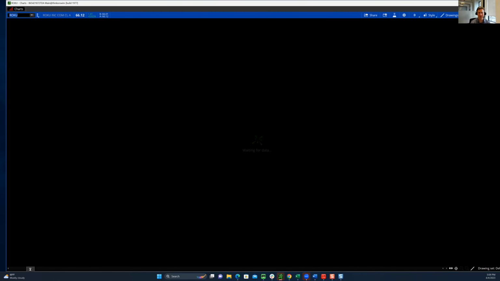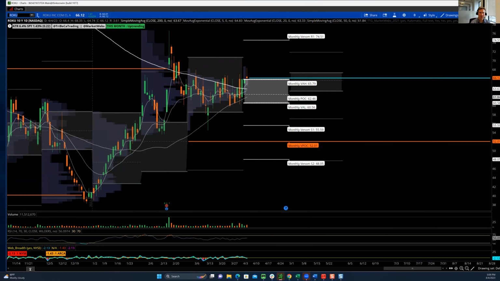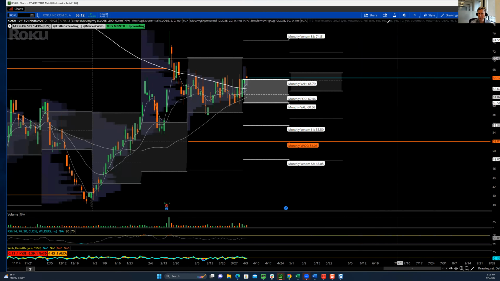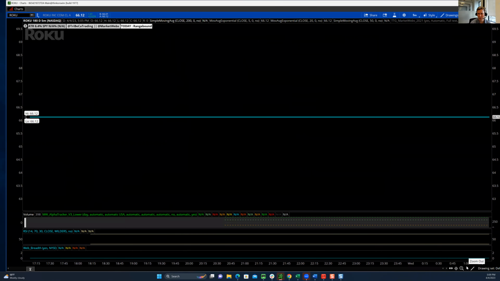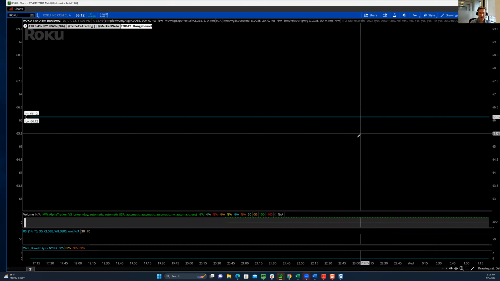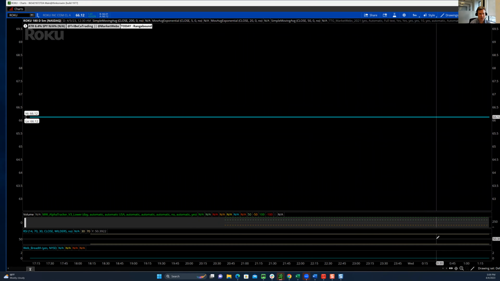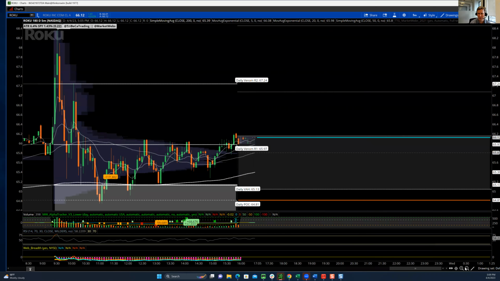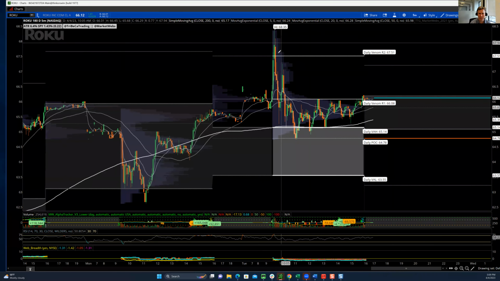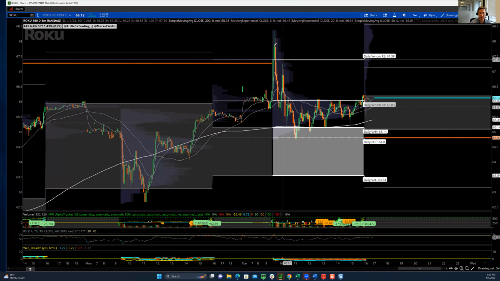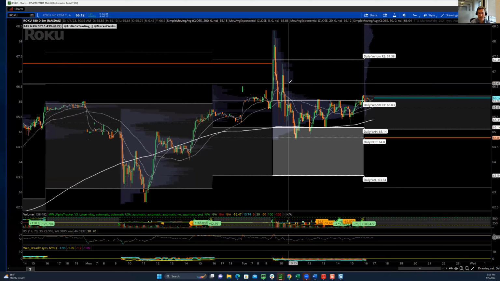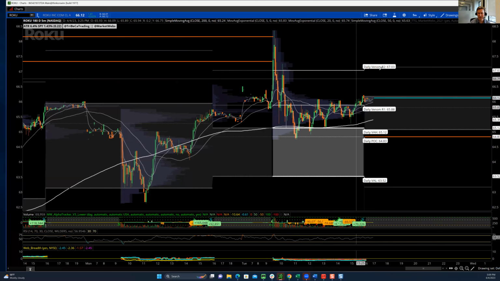Roku, which we had a webinar on last night. We went over this chart in detail. It wasn't ready to really go today. It took out one of these 5-minute virgin point of controls today, right off the bat, which is always dangerous. So I tried to trade it. I took it off. I lost money on the day trade because I was looking for something more than like $1. So I wanted to start a swing trade, but it just backed up too much on me. But I re-added a small trade.